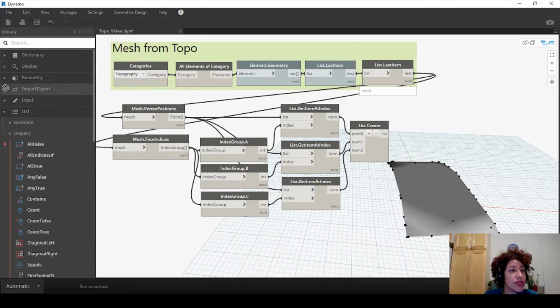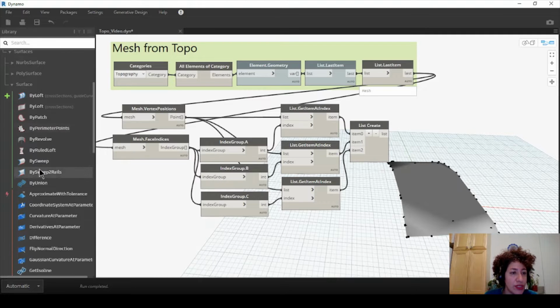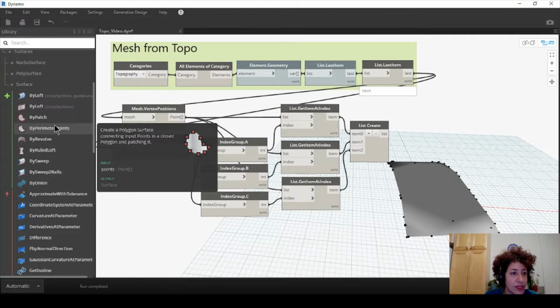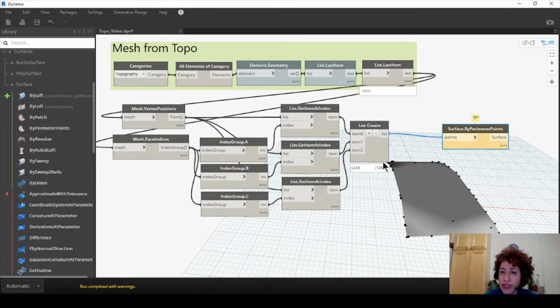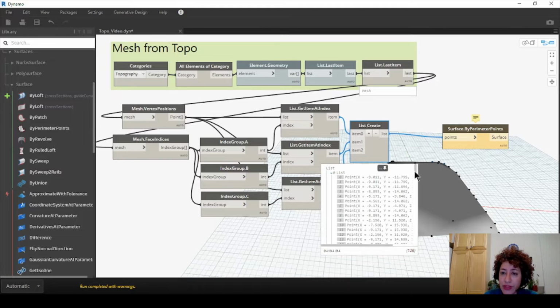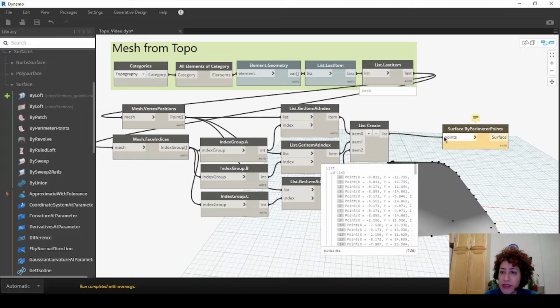And under geometry, under surfaces and under surface, you see that there is an option to create surface by perimeter points. Currently, if I connect this to this, it's not going to work. The reason is we have actually 3 lists and there are some points inside, but we need to actually reverse it